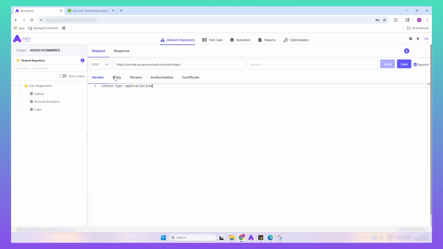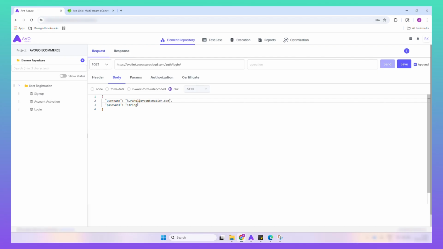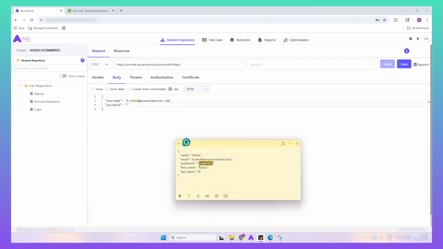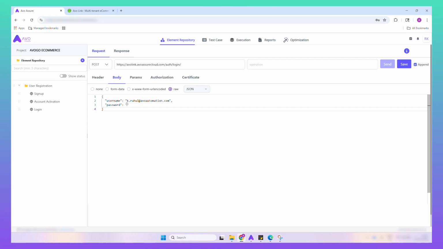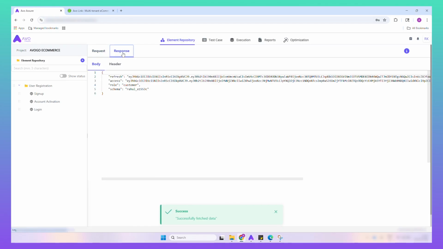Similarly, we will need to provide the header. I'll select raw and type as JSON. Make sure to provide proper username and password. Username will be our email ID. Followed with that, I'll provide the password. I will save this. Now that I have sent it, here we can see I have got the refresh token